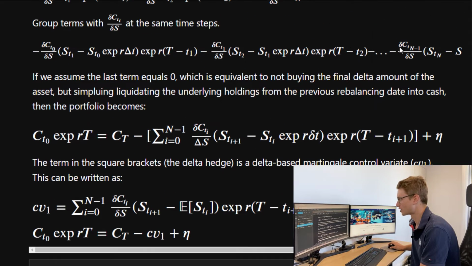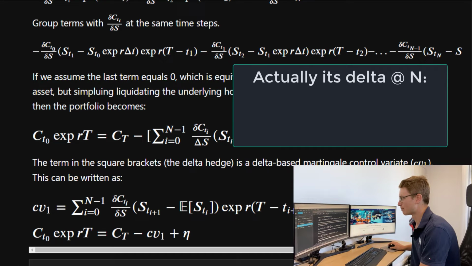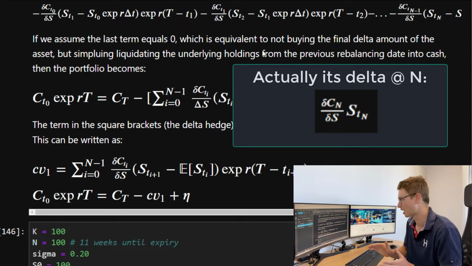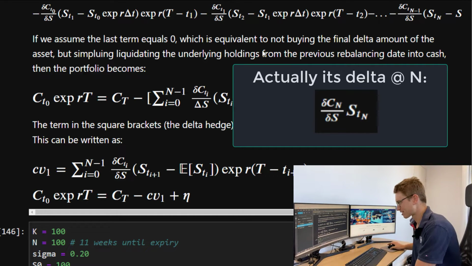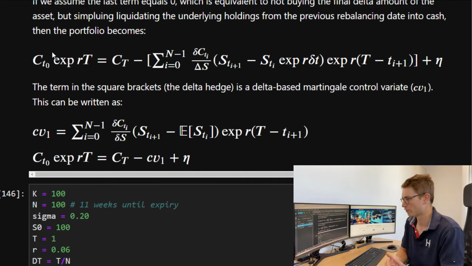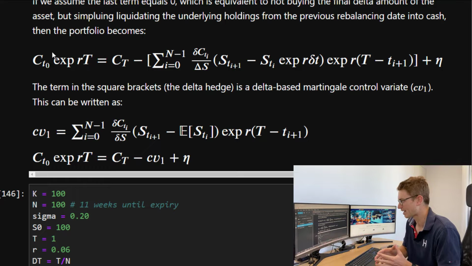We get this one term that's just left there, the delta n minus 1. Now this is equivalent to just not buying the final delta amount of the asset and just liquidating the underlying holdings from the previous rebalancing on the portfolio to date. So hopefully that makes sense. That's an all right assumption. So now we've got the forward payoff